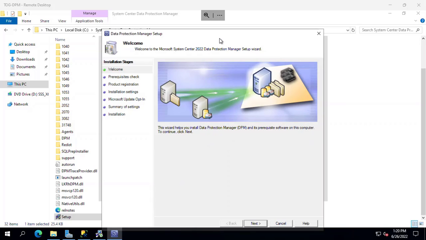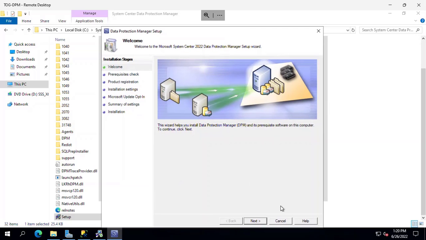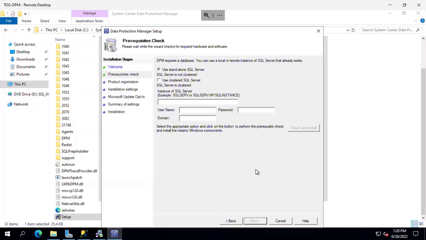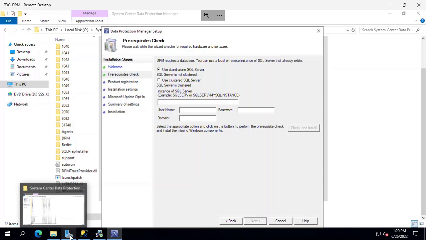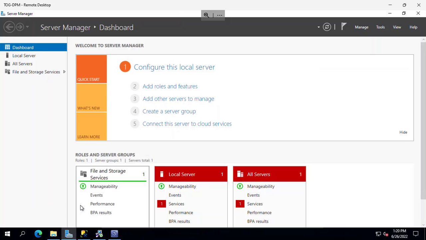Okay, let's start the process of configuring the DPM server installation. Let's click on next on the welcome screen. From here you have to specify the SQL Server NetBIOS name. Since I'll be using the default instance, I do not need to specify the server instance name,